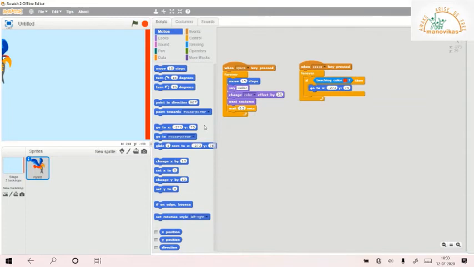So let's see if it works. Here is the space, and here my sprite goes. Now as soon as it touches the edge, yeah, it goes back, and again it will come because we have put it in the forever block.